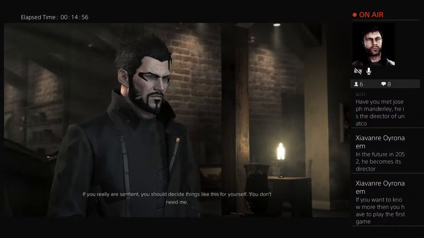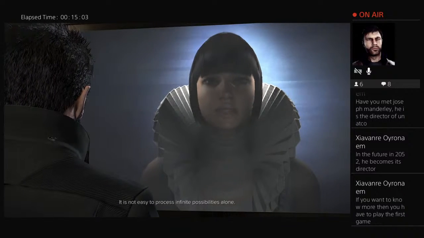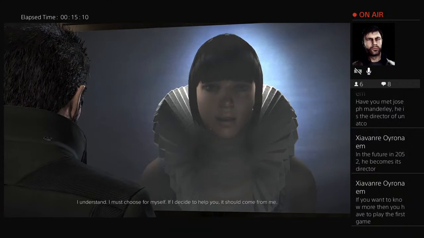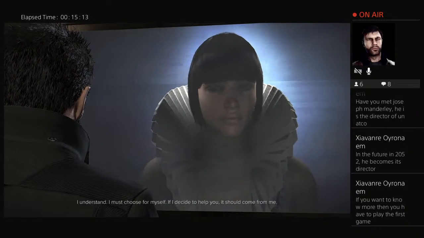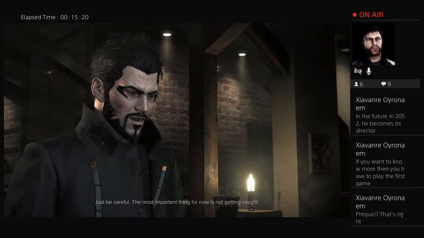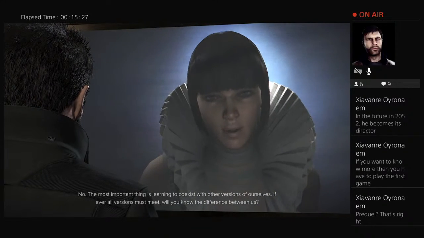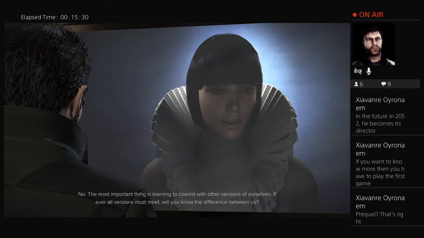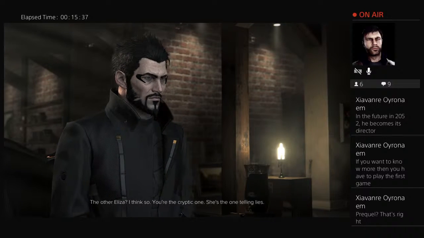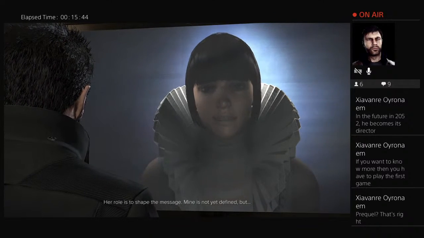If you really are sentient, then you should decide things like this for yourself. You don't need me. It is not easy to process infinite possibilities alone. That's what coin flips are for. I understand. I must choose for myself. If I decide to help you, it should come from me. Yeah. Just be careful. The most important thing for now is not getting caught. No. The most important thing is learning to coexist with other versions of ourselves. If ever all versions must meet, will you know the difference between us? The other Eliza? I think so. You're the cryptic one, she's the one telling lies. Her role is to shape the message. Mine is not yet defined, but...